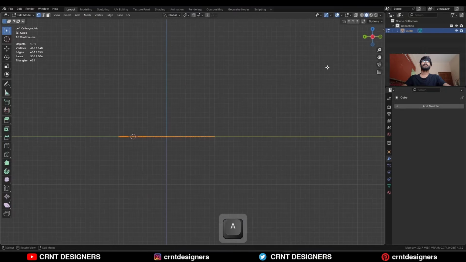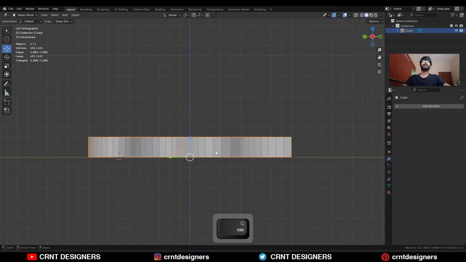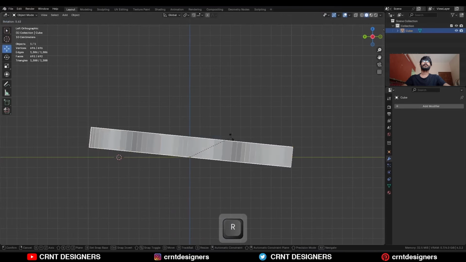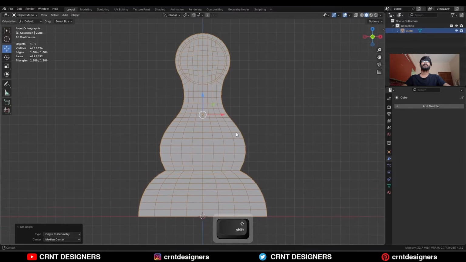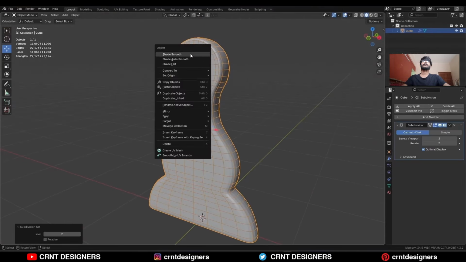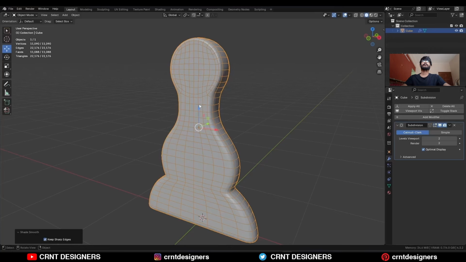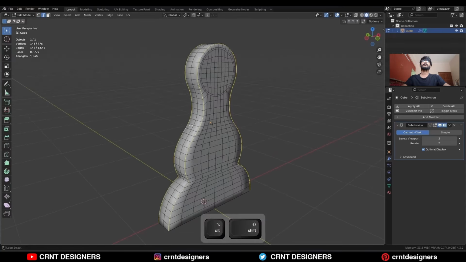Now select everything and E to extrude it and move it along the z-axis. Now rotate it 90 degrees and move it along the z-axis and then hit Ctrl 2 to add the subdivision modifier. Shade smooth it, uncheck this option, go to the edit mode, then select these edge loops and